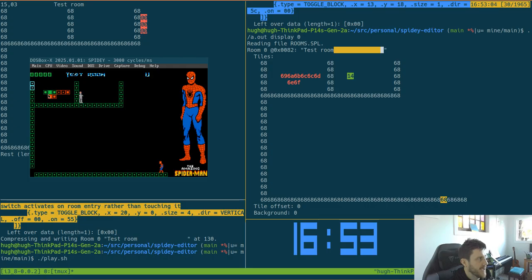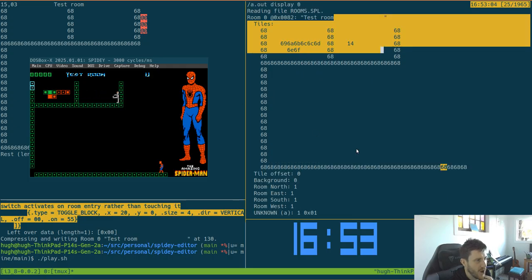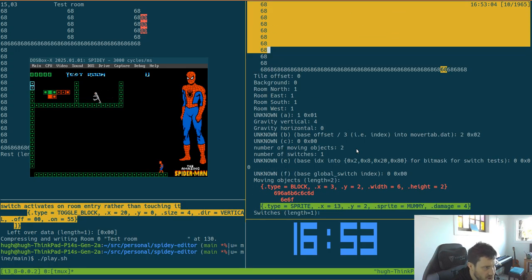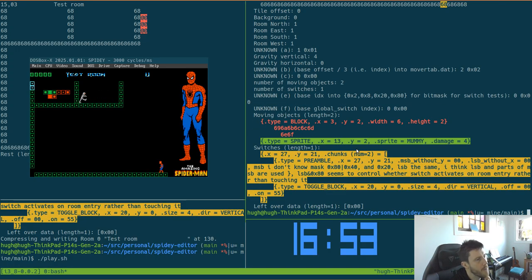Fun. Also, the tile set has gone quite whack. And so I wonder if I set this LSB to 0x80,